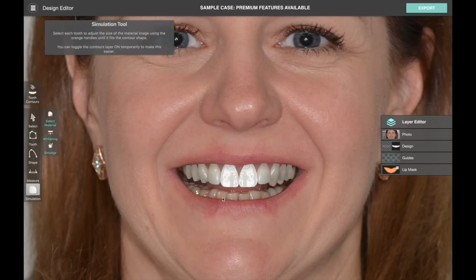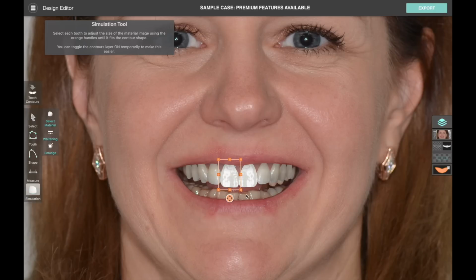So while we're in the simulation tool, let's go back there, and now we can select the teeth and see something different, right? When you're in the select tool and you select the tooth, these control handles have the sort of turquoise color. When we're in the simulation tool and we select the tooth, the handles are orange, and that lets us know that we're actually adjusting something different. When we're in the select tool, we're adjusting the tooth form itself. But when we're in the simulation tool, we're actually adjusting a picture that's inside of the tooth. And as you'll see,